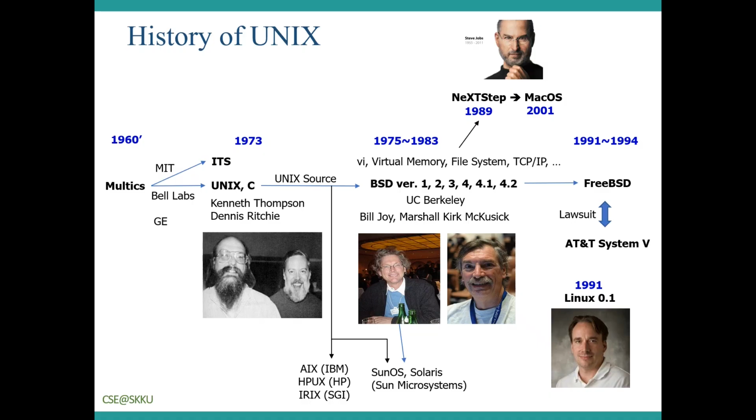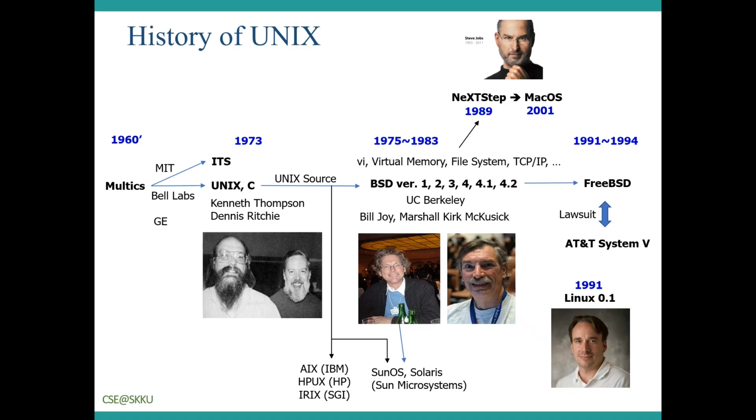This slide shows a brief history of the Unix operating system. Unix was heavily influenced by earlier systems like Multics from MIT. It took a lot of great ideas from those earlier systems and built something that was both simple and powerful. It was especially friendly to programmers. It even came with a compiler for a new programming language, C. Being able to easily write shell programs made Unix incredibly popular among developers.